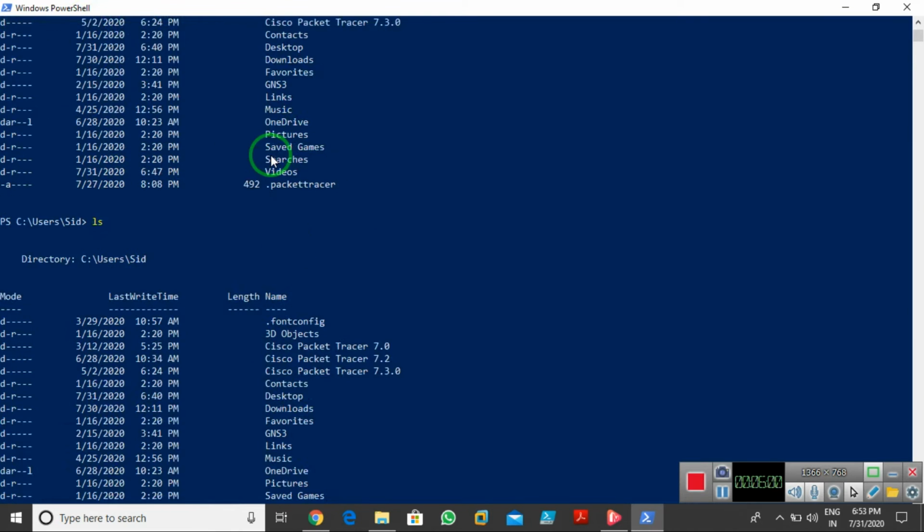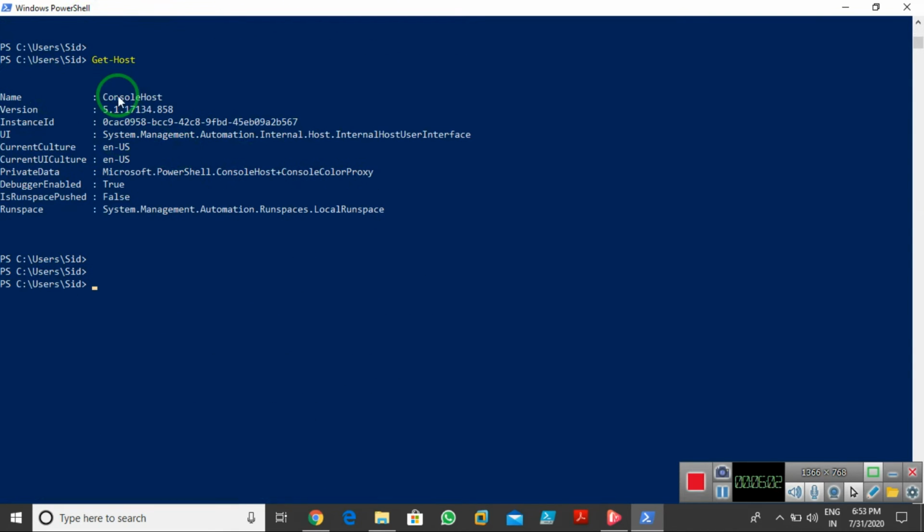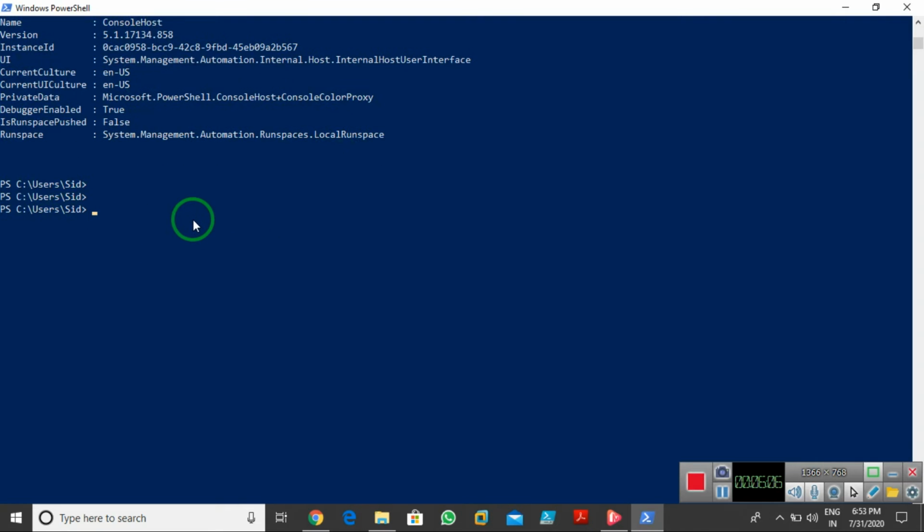Now these are the Linux and cmd commands. We have PowerShell commands also. This is the first command of PowerShell, Get-Host, if I need to check the PowerShell version. Now if I need to check my location where I am running right now, it's already showing my location is the C drive user set.